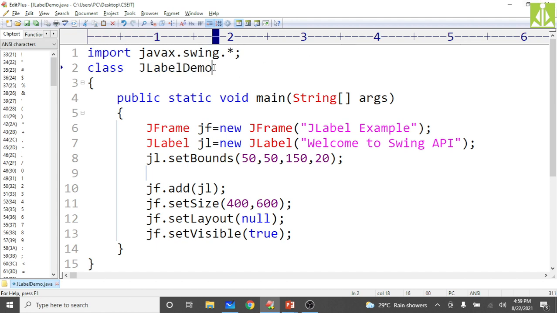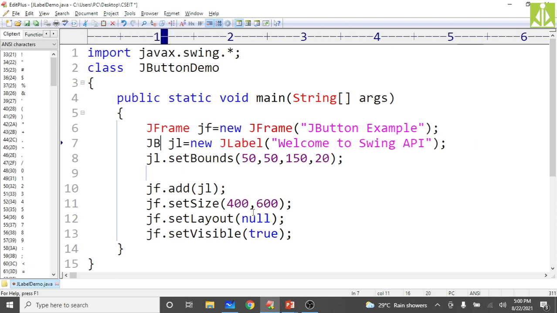Okay, now I'm creating a button. So here JButtonDemo. Public static void main, this thing is the same, adding the frame is the same, but not a label. Now we are doing a button, JButton example. So here JButton, same thing, invoke here.